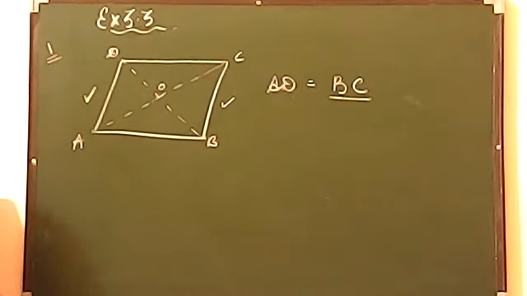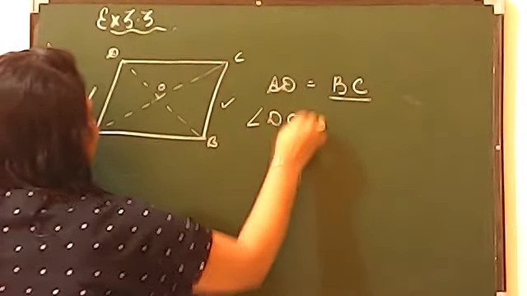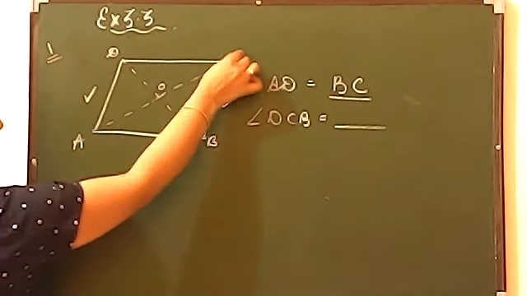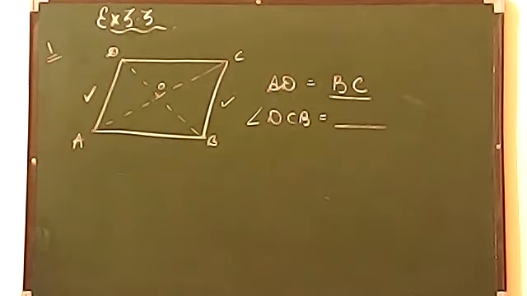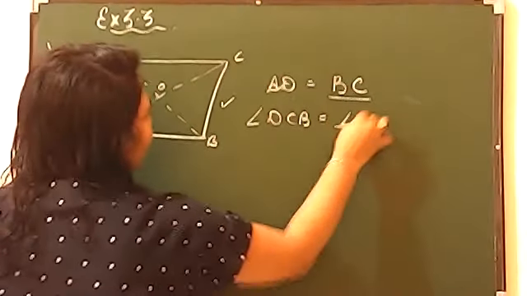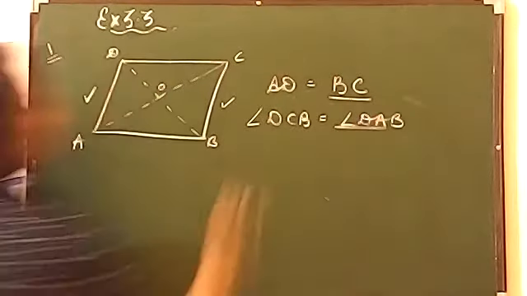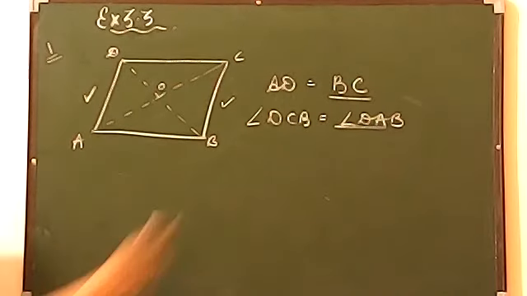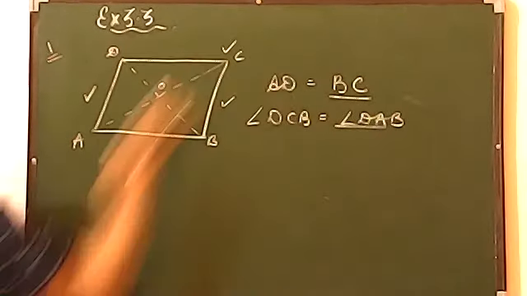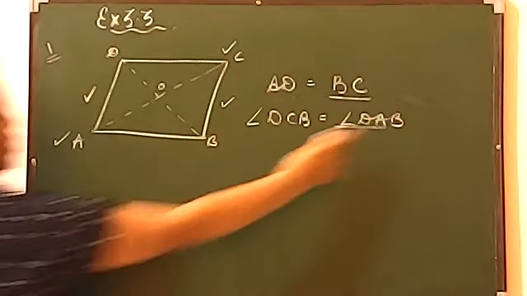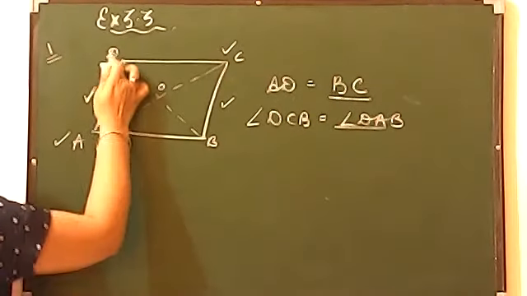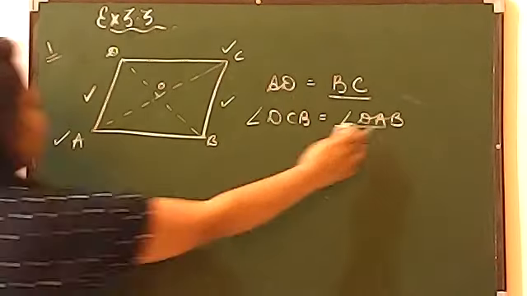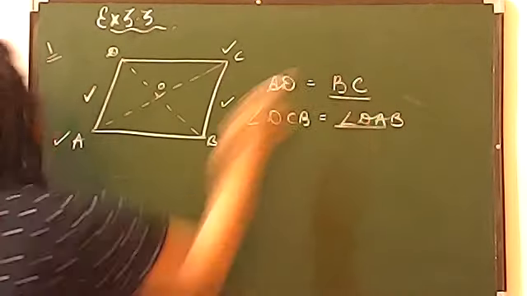Now move on to the second thing. Angle DCB will be equal to. Now look at here, what is the name? DCB. Absolutely correct. Yes, you can also speak DAB, you can also speak BAD. If you are talking about C beta, you are talking about C, तो यहाँ पर A जरूर आना चाहिए बीच में. You can also speak the name BAD, you can also speak the name DAB. Both are correct. ठीक है, and this is the property opposite angles are equal. This is the property opposite sides are equal.